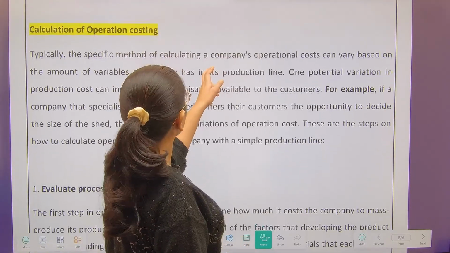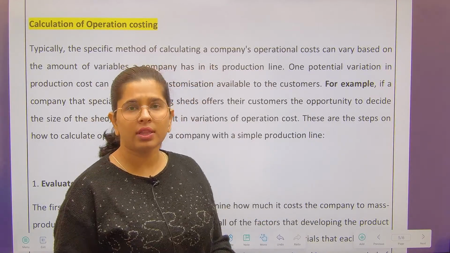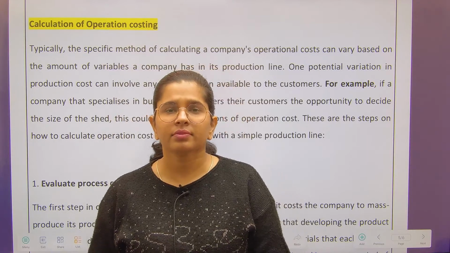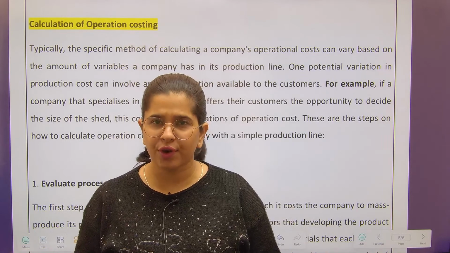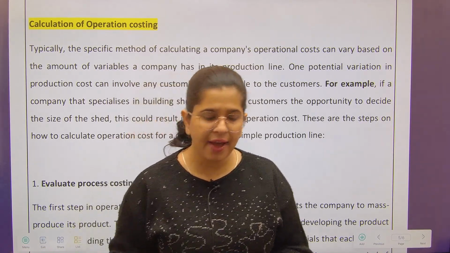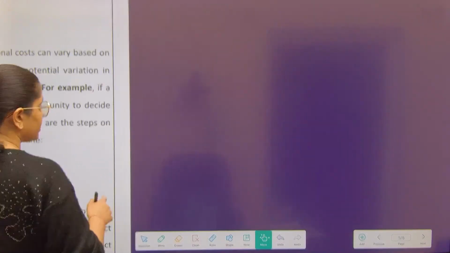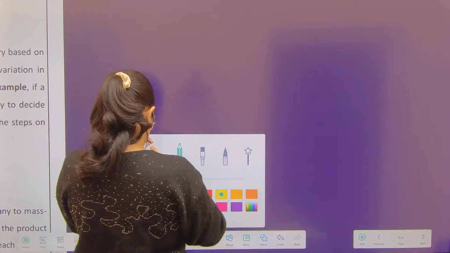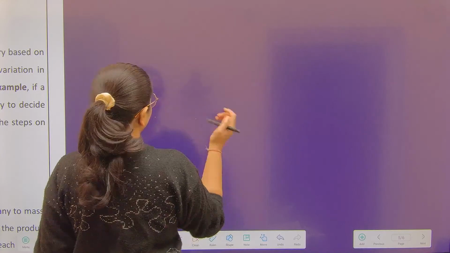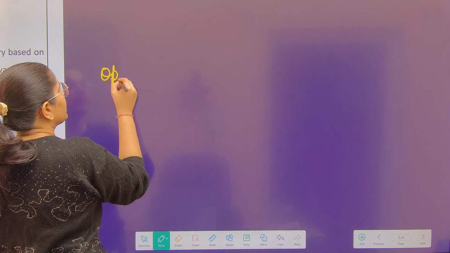Next is the calculation of operation costing, how to calculate it. So now, operation costing is a mixture of two types of costing, right? I have told you that we produce similar products. See, operation costing